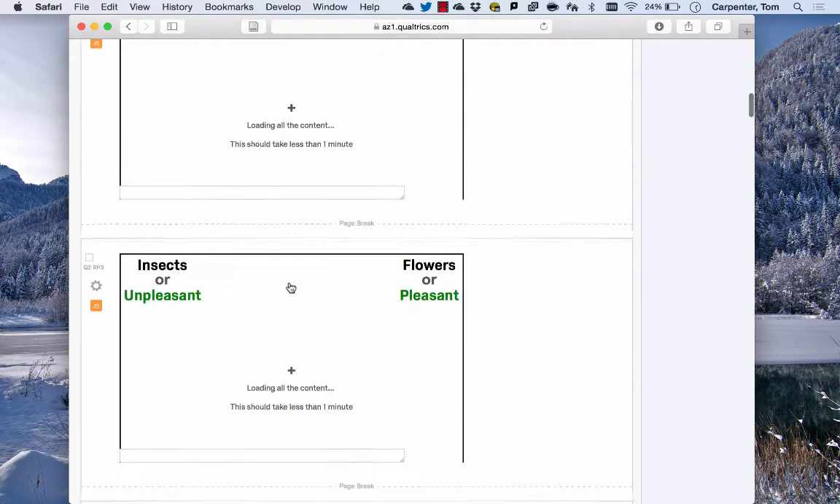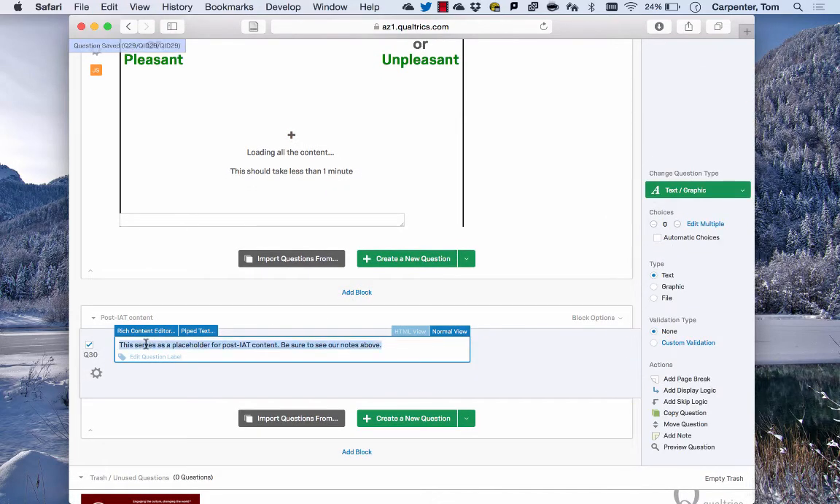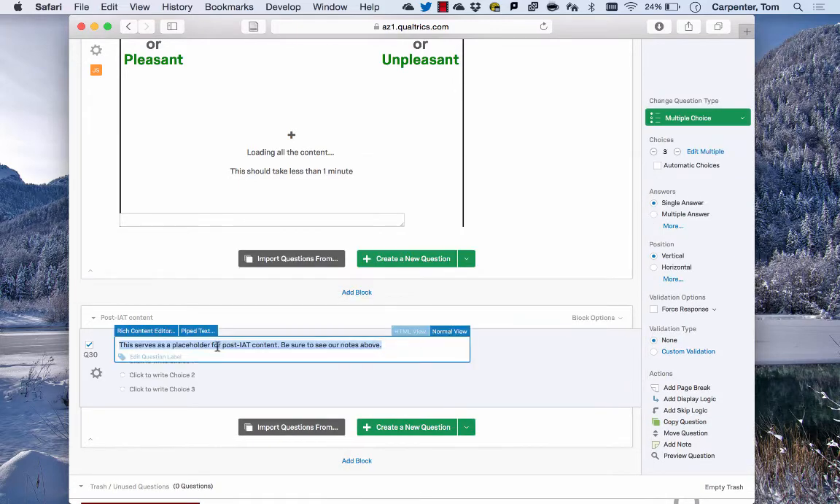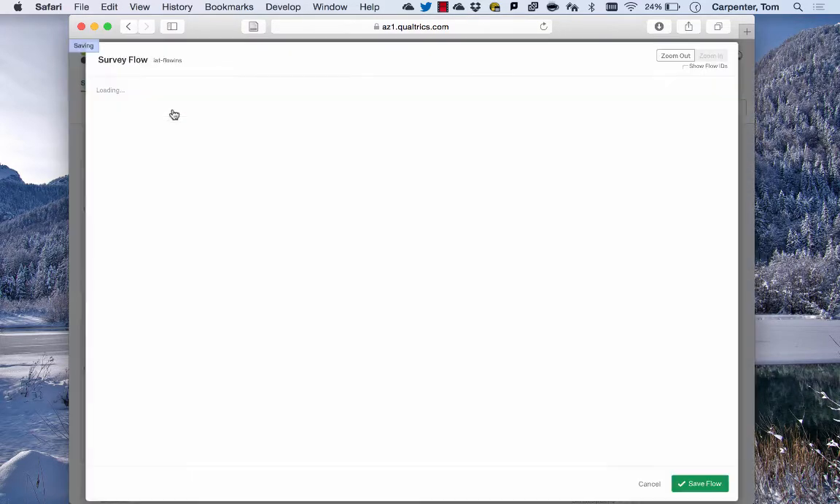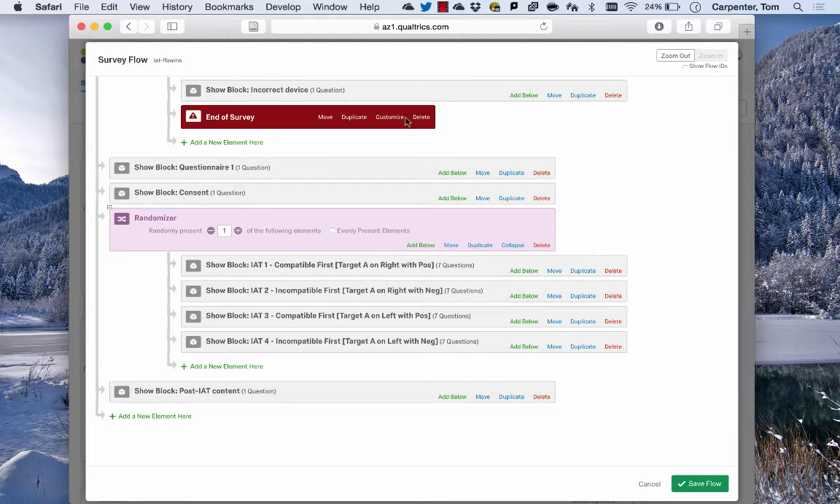So you get the idea, right? You can build a Qualtrics survey. Maybe we have some demographics questions here. Right, so you build your IAT survey. And when you do that, one thing you want to make sure is that when you're building and adding and